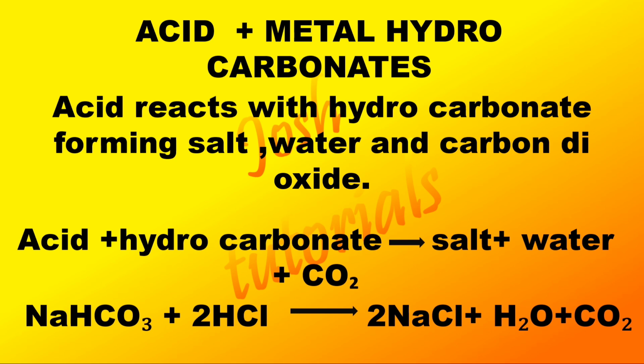The reaction of an acid with a metal hydrogen carbonate is the same. Take a test tube and add 2 ml of dilute HCl to half a gram of metal hydrogen carbonate. We will again observe a quick effervescence of carbon dioxide, forming the respective salt and water. From these activities, we can conclude that the reaction of metal carbonates and metal hydrogen carbonates with acid gives the corresponding salt, carbon dioxide and water.